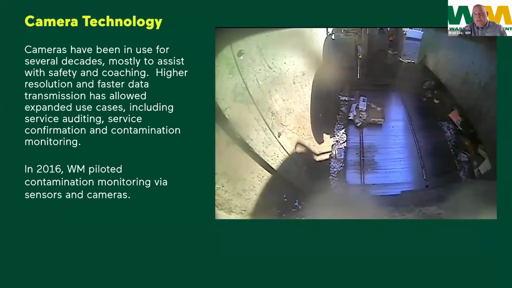So putting cameras on trucks is not new. This is decades old, but really those cameras were focused on what was going on inside the truck. So jurisdictional vehicles could have cameras on the inside to make sure that drivers are complying with company policies or safety policies. But as we started to point the cameras outwards, we found additional safety options for drivers, but also what was happening with those containers. As more and more regulation came involved, it was going to be critical for us to be able to see what was going on inside the container.